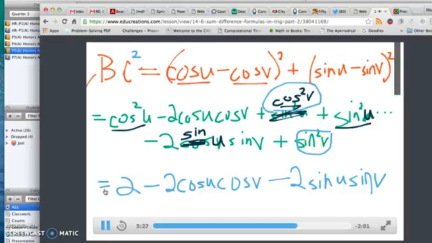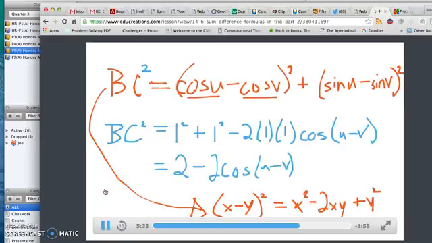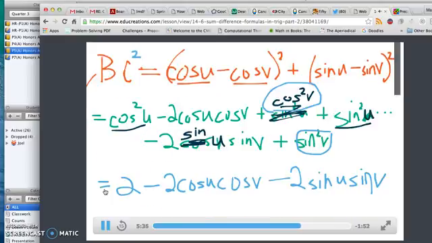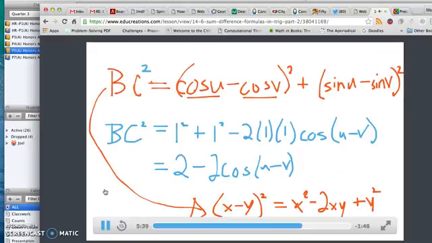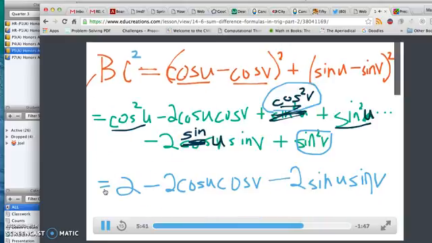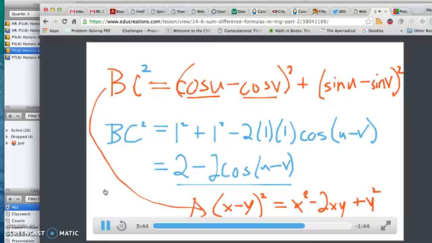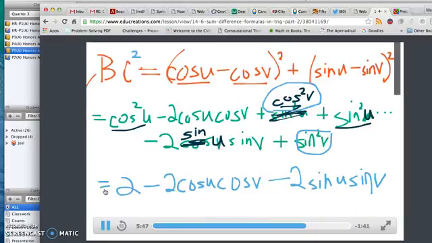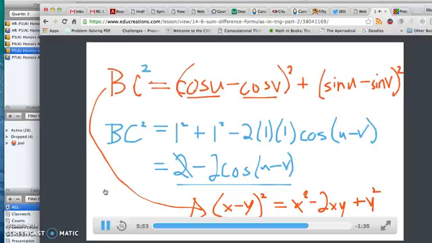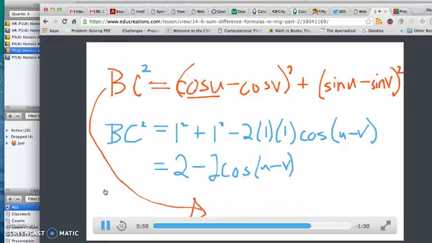So if I go back, so this is bc squared, so is this. So this equals that. So that's how I'm going to set up my equation. Basically, this equals that. And just without even rewriting, I'm just going to say, okay, I'm going to cancel the 2 on both sides. And so now I've got, if I cancel the 2 on both sides, now I've just got negative 2 cos u minus v over here,